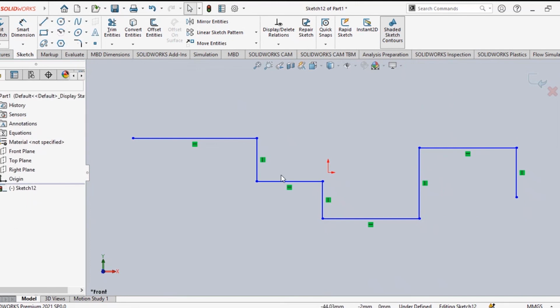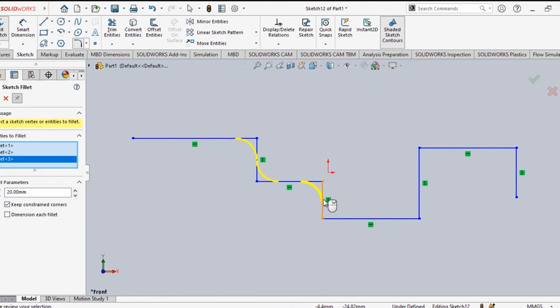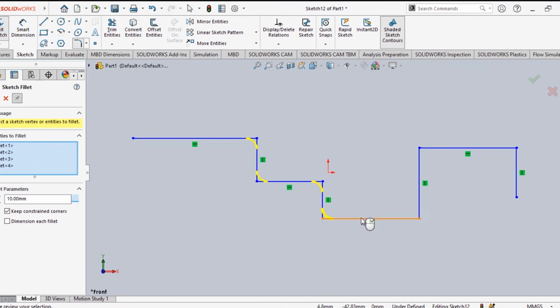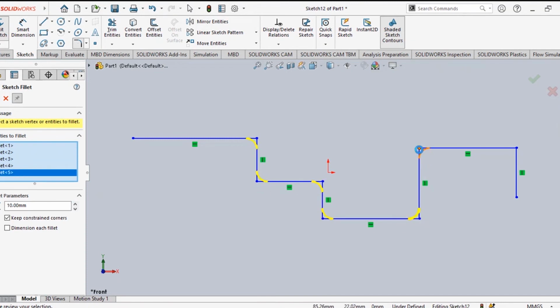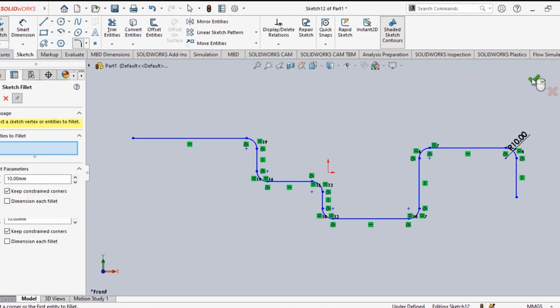Okay, point fillet to this one. Fillet to the endpoints. It will not be taking because radius is less, so we can make the radius small. 10 millimeter will make. So this part we made. Green check, accept this one.